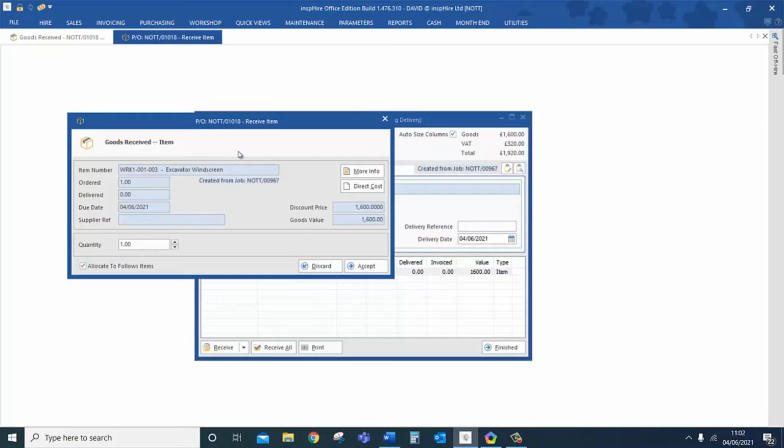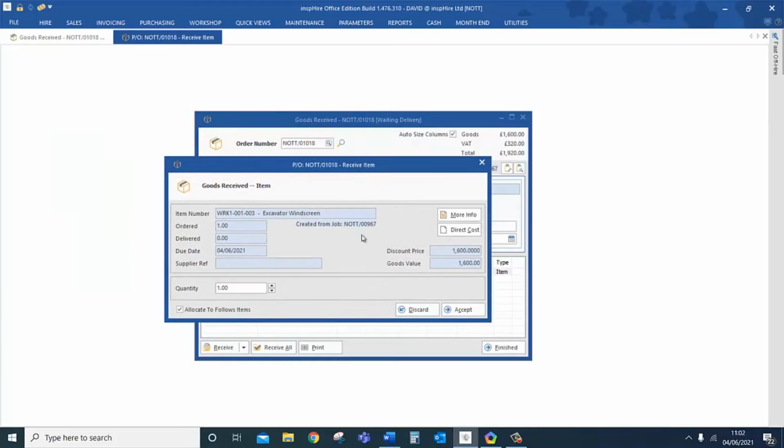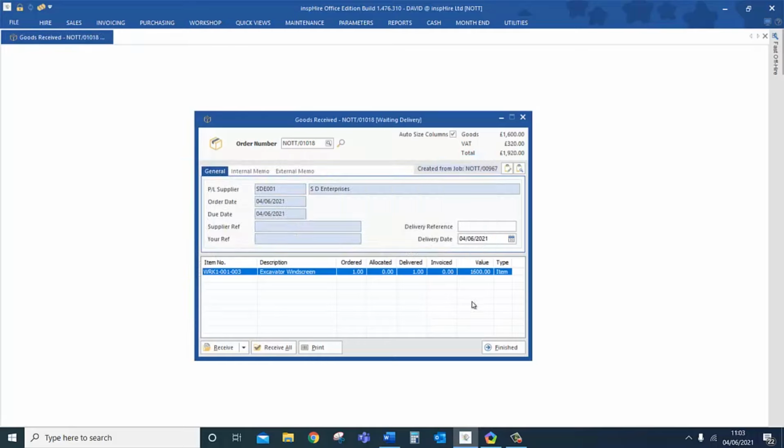If I double click into it, you can see here it's showing that this was created from job 967, and we've got this tick box here, allocate to follow items. That's saying basically that we're going to put that back onto the job that it's required. So it's not going to go into general stores or my general stock. It's going to go directly over to that workshop job. So if I accept and click finish,